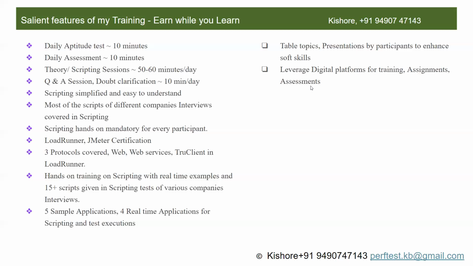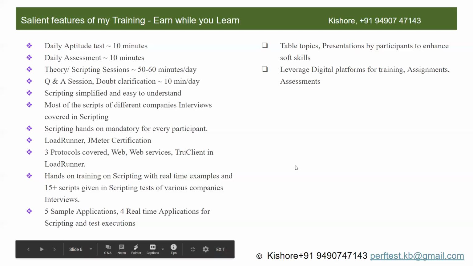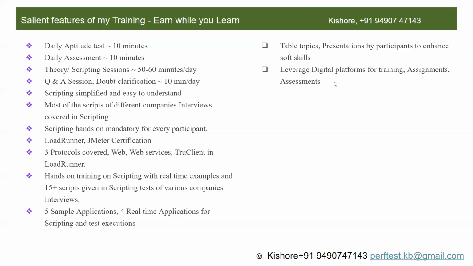We have a couple of online assessments prepared from questions picked from different companies' online tests, like Accenture and CDS, as well as from my own interviews, when I am taking or giving interviews. So I have designed online assessments using those interview questions. And we do have weekly and monthly assessments.